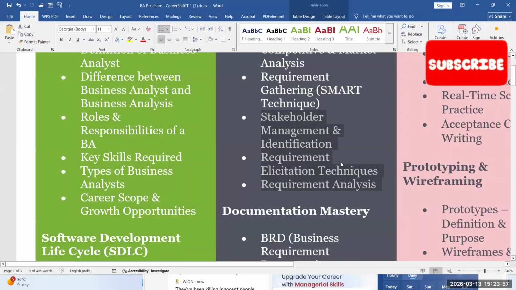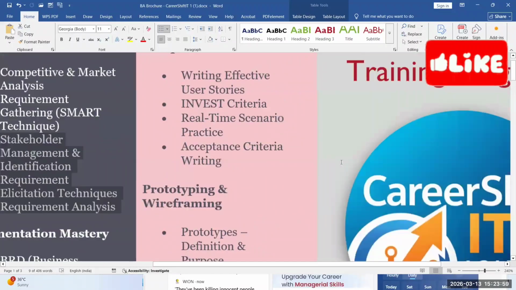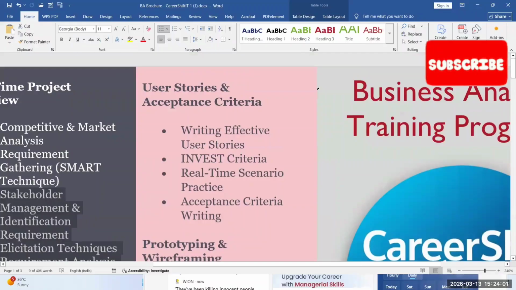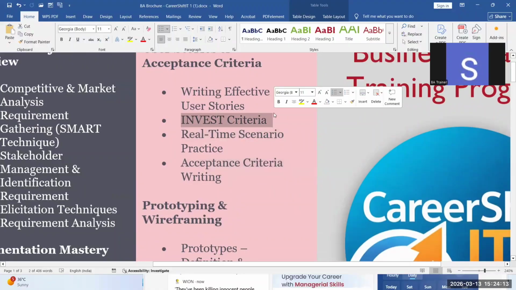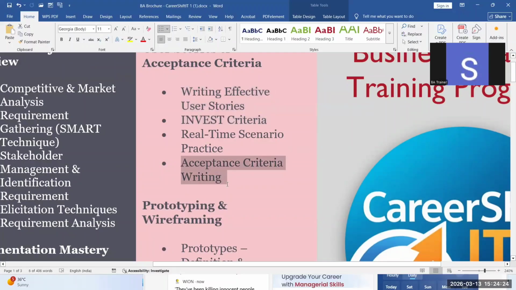Apart from that, we are also going to teach you how exactly user stories are created by a business analyst using AI, and also the acceptance criteria, user stories, and what the INVEST criteria is. The INVEST criteria is something a business analyst applies while writing user stories. So how exactly the INVEST criteria is applied to user stories and acceptance criteria, we are going to